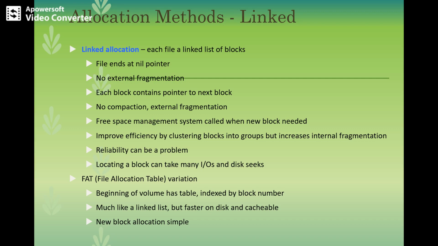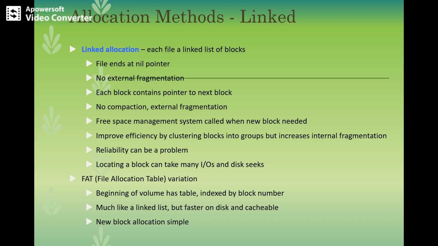There will be no compaction and no external fragmentation, but the major problem here is that the files are accessed only sequentially. However, we have the advantage that there is no external fragmentation and pre-allocation is not required. But the drawbacks are that it has to be accessed sequentially, space will be required for the pointers, and it cannot support direct access. And to talk about the file allocation table or FAT, it is an extension of linked allocation